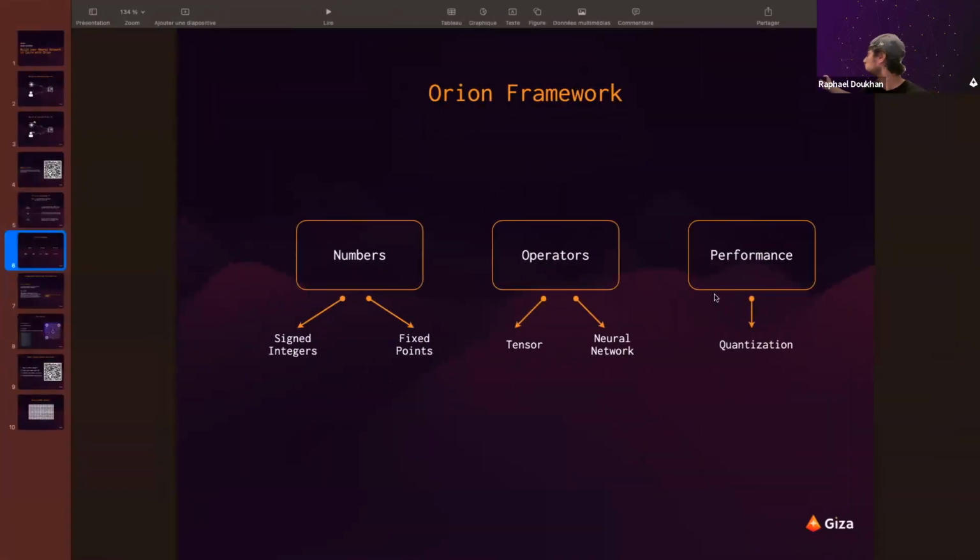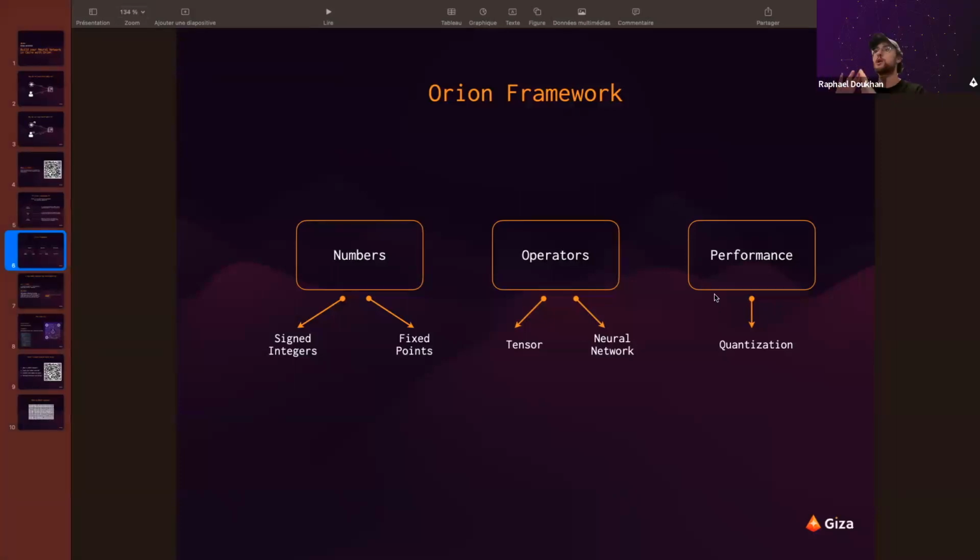And then we have the performance. In the performance is everything related to the performance of your model. For the moment, we implement quantization in the performance. Currently we have static linear quantization, but in the future, I think next week or in 2 weeks, the dynamic quantization also, and we have the dequantization already implemented.